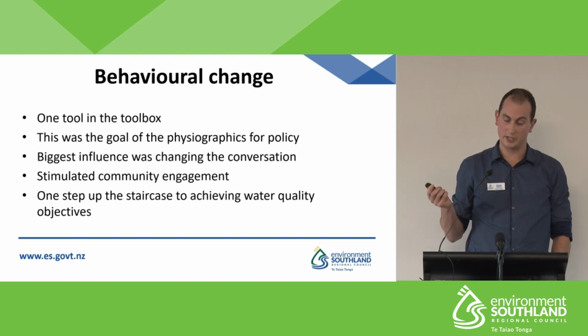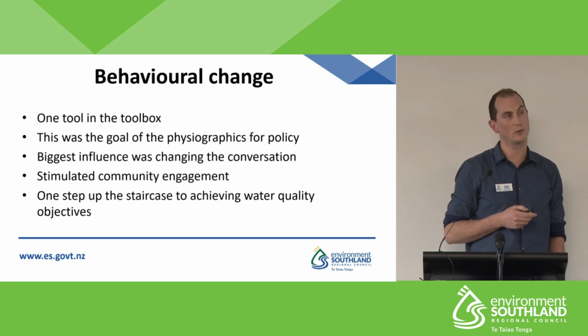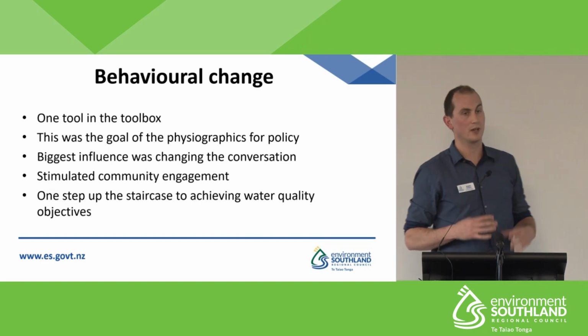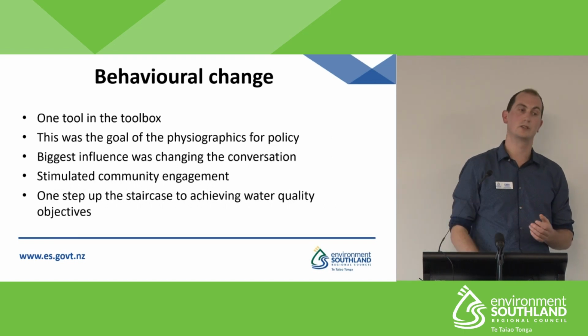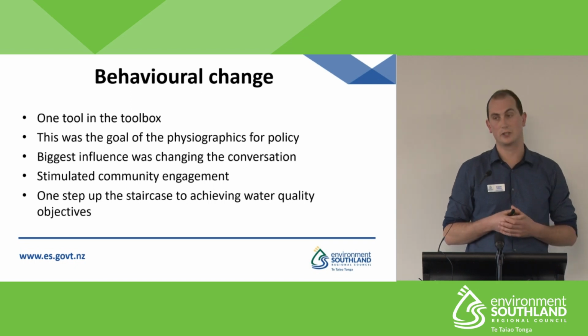The biggest influence again was changing the conversation from denial to at least having a constructive argument about what people's effect was. And we can't deny that they stimulated community engagement with over 900 submissions on the plan, and about 30% of those were on the Physiographics. So from that it led to development of community groups and a huge engagement from a sector which previously hasn't been